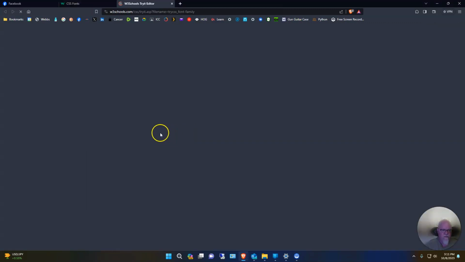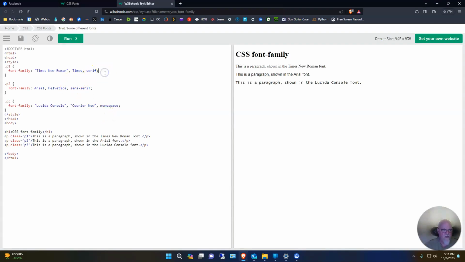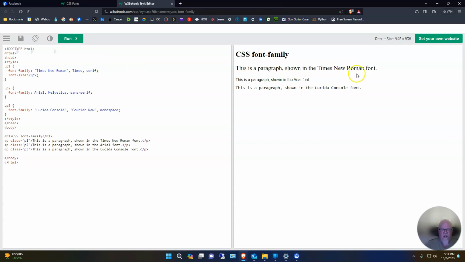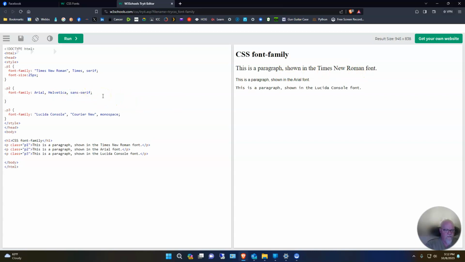So we could do this. I could come here and say font-size: 25 pixels; when I run it, it makes that guy now 25 pixels. I could make this font size